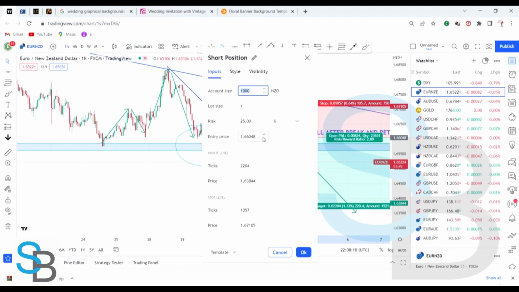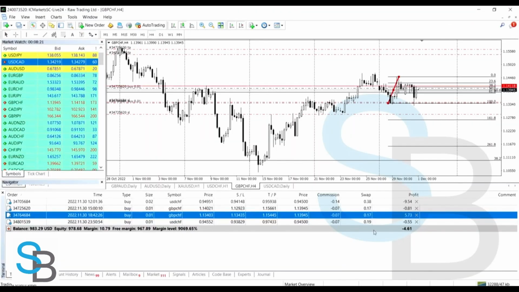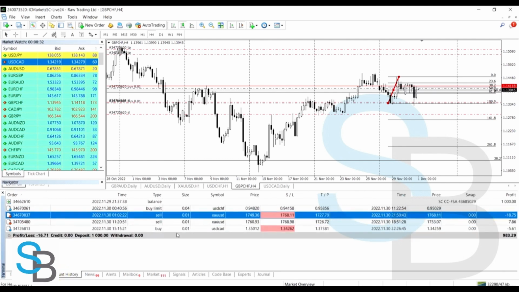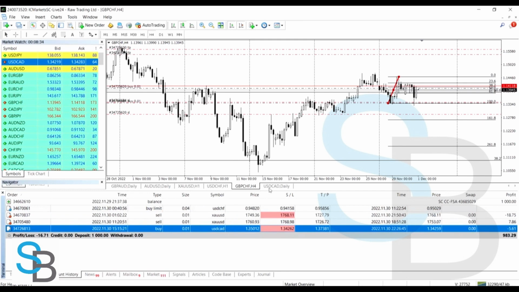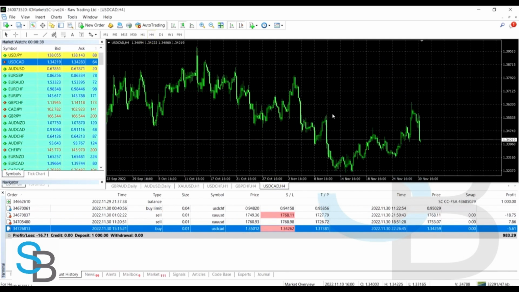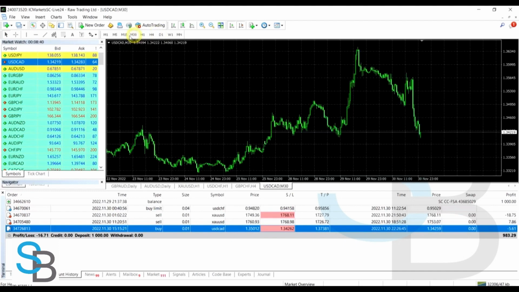So this is the entry price. Okay, entry price, copy, and this is Euro NZD, right? So go to my trading platform, and yeah, you can see that the balance reduced. Okay, we lost some trades, particularly gold. So this gold went out in a loss, and then USD CAD ended in a loss also. I shouldn't have taken that trade, but yeah,